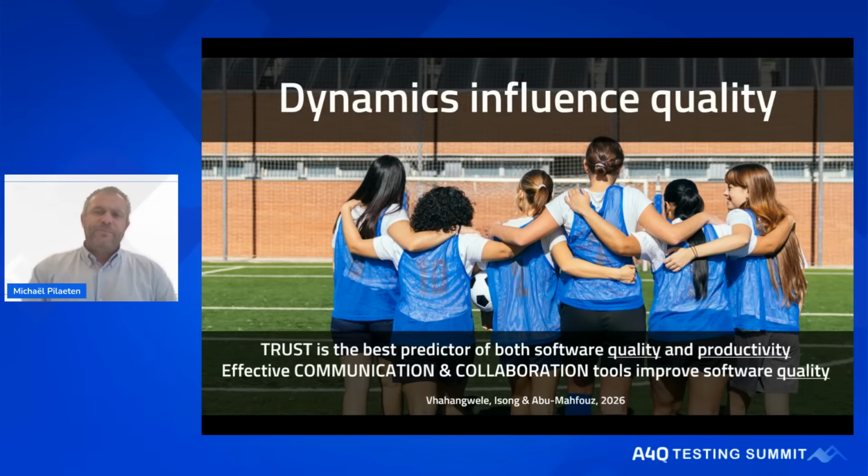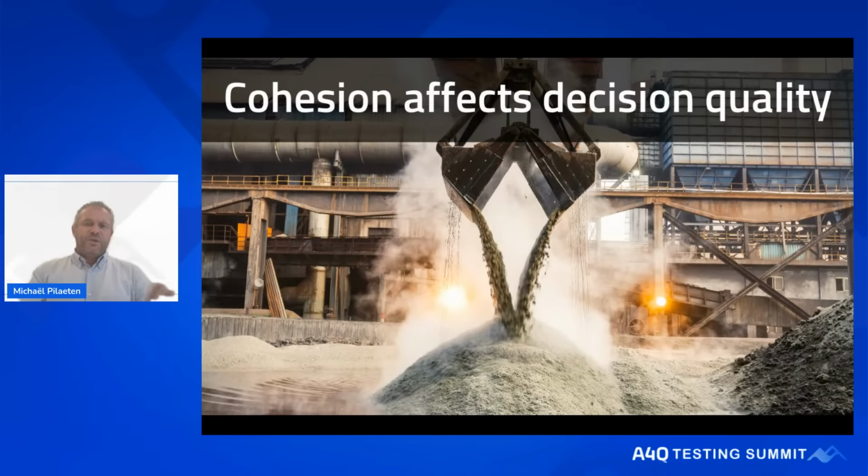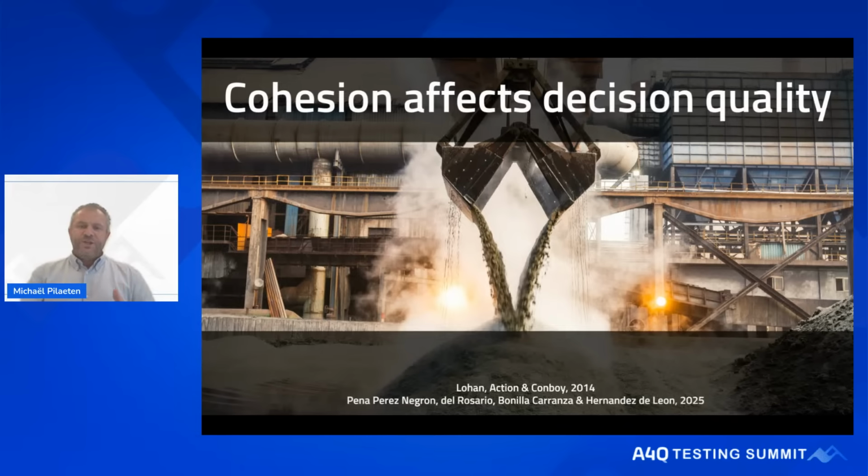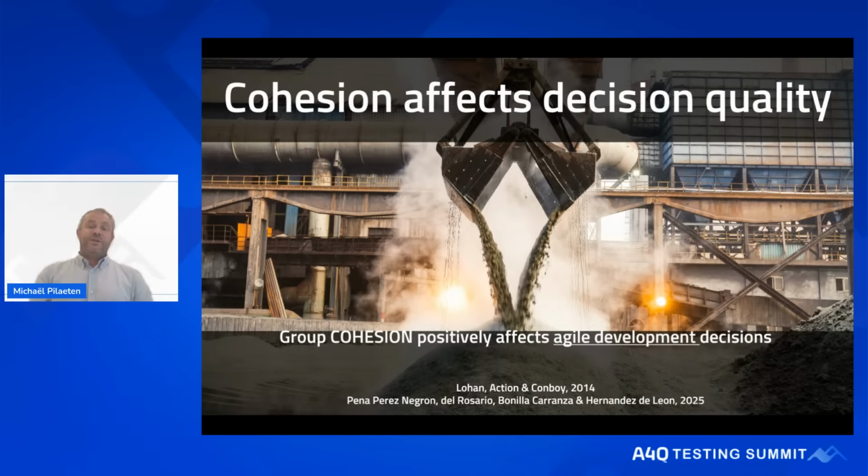The third study that I want to share, this is not one study, it's a group of studies, comes from the universities of Atlanta and of Pepperdine University. And there the topic is that group cohesion has a positive effect on the decision-making quality in software teams. Now, decision-making is crucial, especially in agile environments. In agile, your teams take responsibility to make decisions about design and decisions about implementation. Is this story good enough? Can we start development? Is this story good enough to start in production? So it's continuously making decisions.